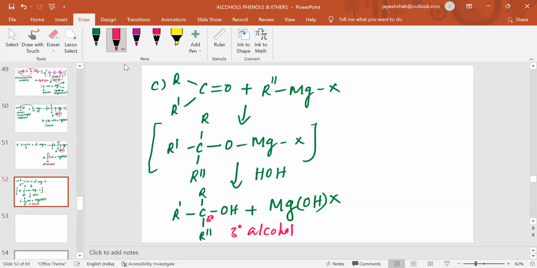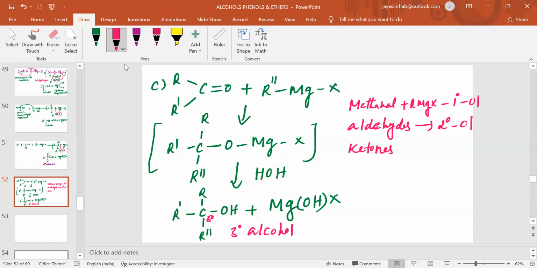So once again you can review: formaldehyde reacting with RMgX will form primary alcohols. The remaining aldehydes, any aldehyde you take, will form secondary alcohols. Ketones will form tertiary alcohols. Understand? So this is the